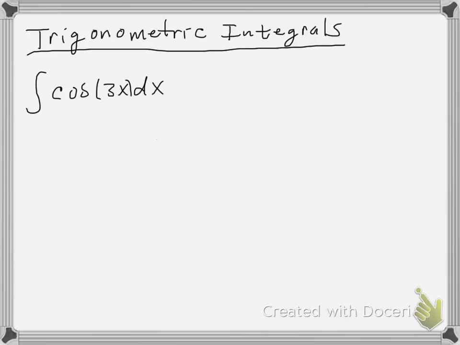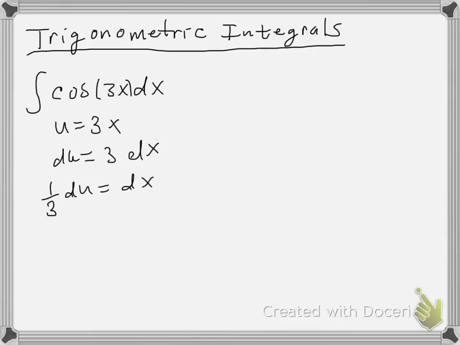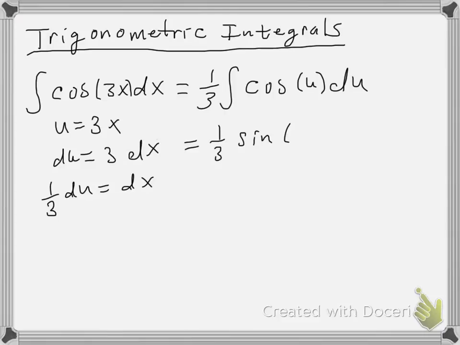We just notice that this is a u substitution problem, where u equals 3x. du is simply going to be 3 dx, or just a third du equals dx. We can rewrite this to be a third the integral of cosine of u du. This will be equal to, the antiderivative of cosine is sine, so this becomes 1/3 the sine of u plus an arbitrary constant of c,